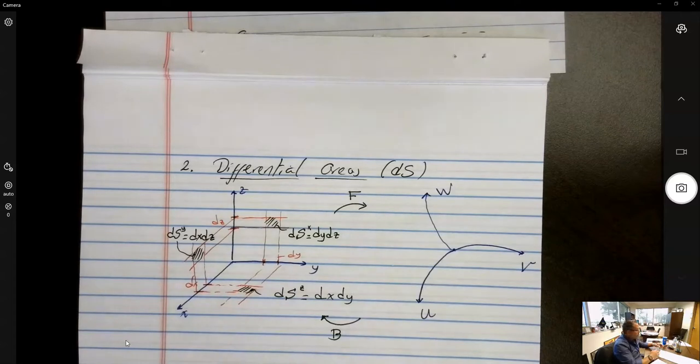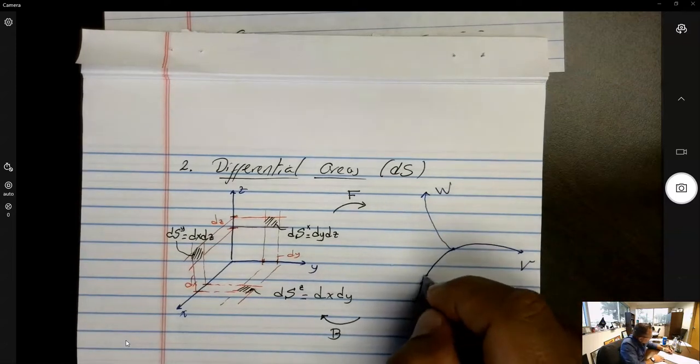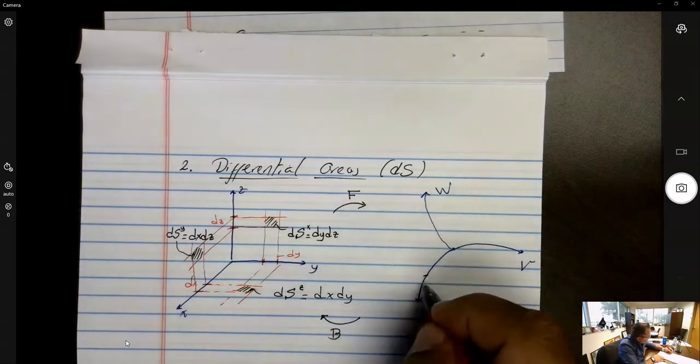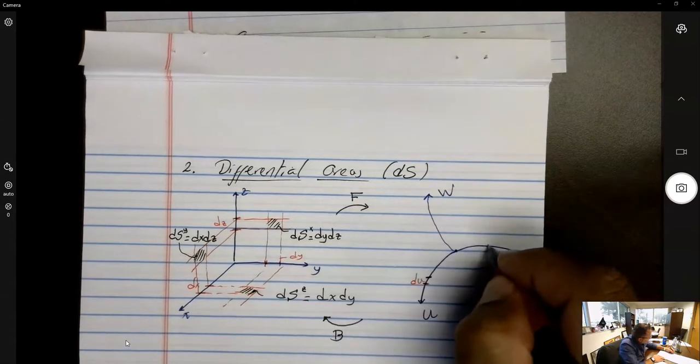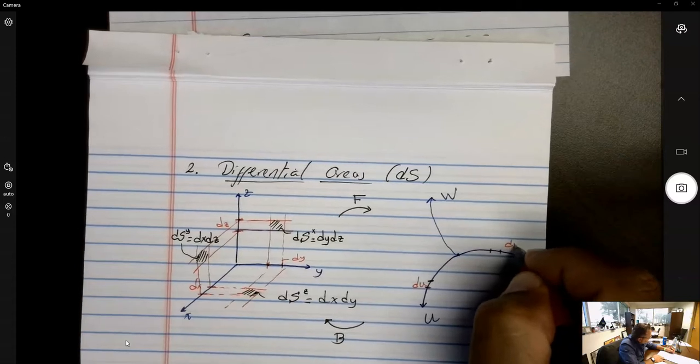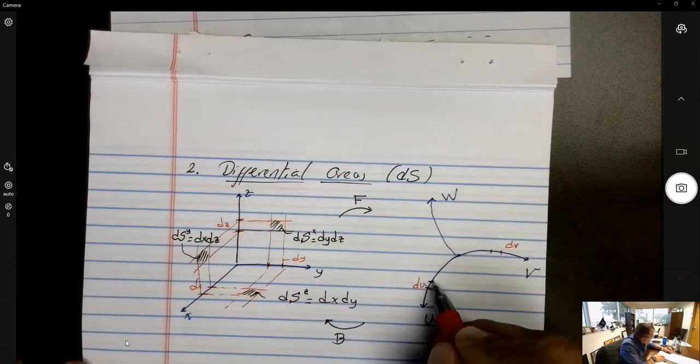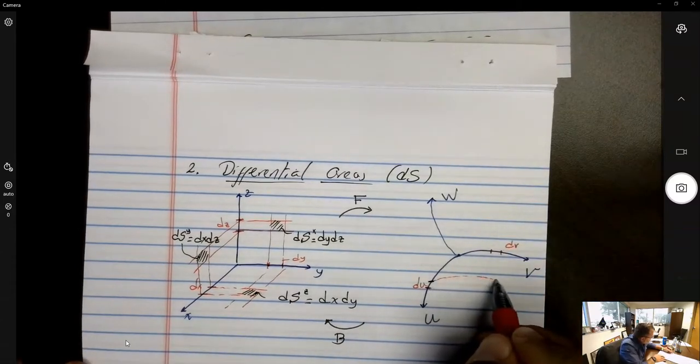Again, when we formulate this, we're going to use the index notation. And let's say that this is a little bit of, I'll use the red, this is a little bit of u, du, this is a little bit of v, dv, and I'm going to have to go like this